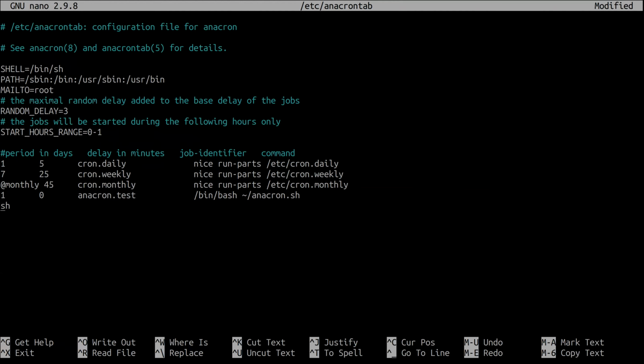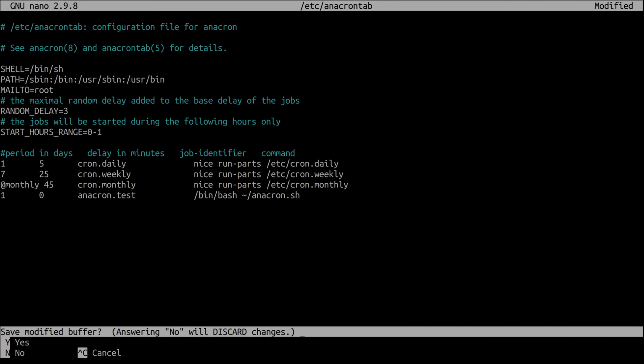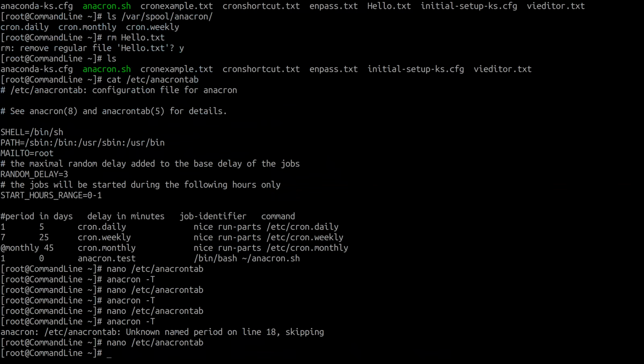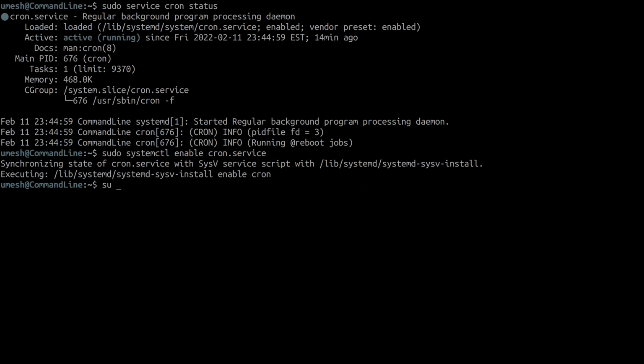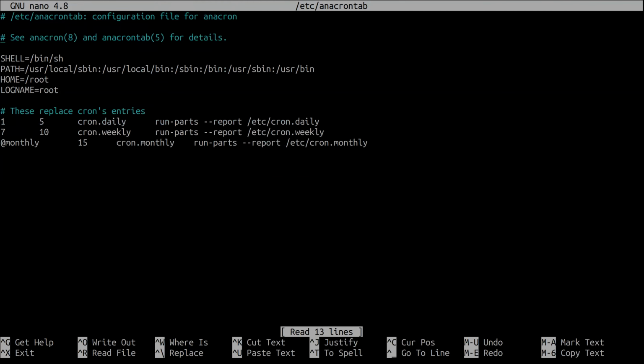But when I try to do the same thing on Ubuntu, it gave me an error message. Looks like the version that I have on Ubuntu is not something that supports them. So if I do here, daily 0 test, and let's do /bin/. We can create a script later.